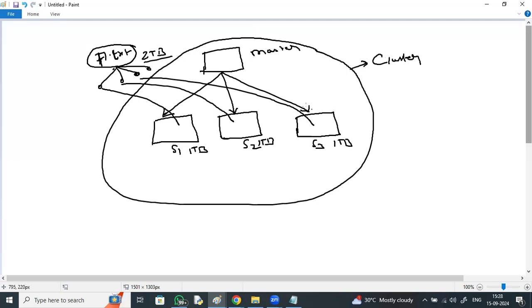Within this we have the master node, and these are called slave nodes. Data is stored and processed by the slaves.